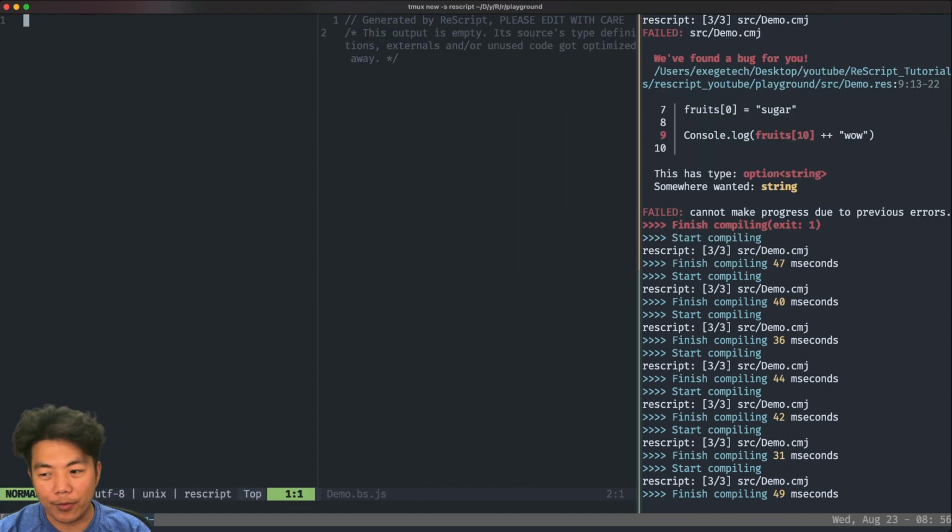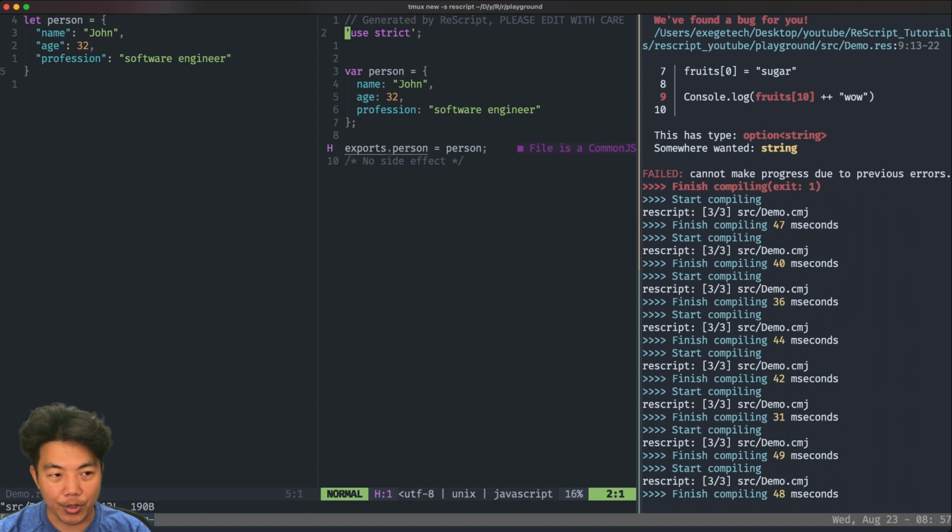What if we want to have something like tuple, that is to be able to hold different data structures, but also we want to have additional information on what data that should be? We use record or object. Let's take a look at object first. Object is a key value pairs data structure, where the keys are always string. As you can see, it gets converted into regular JavaScript object.